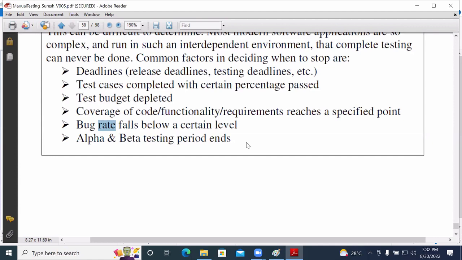So what is the meaning of close status? No bug.